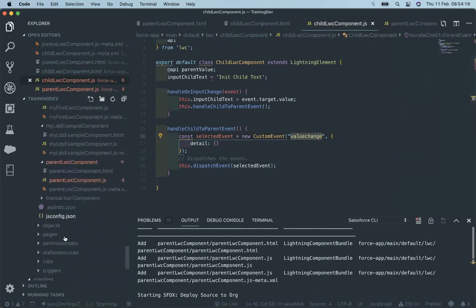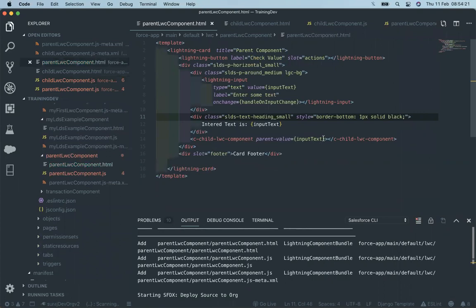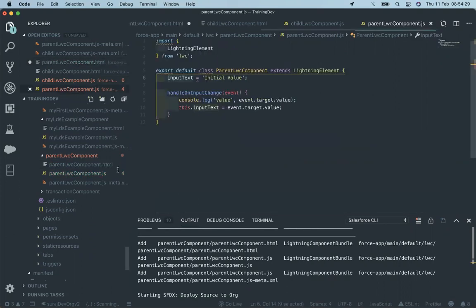To capture that event, we need to go up here, and here we have to write on, then the custom event name that we have created, then curly braces, and then pass handle child event.